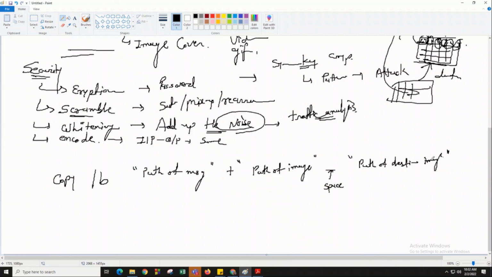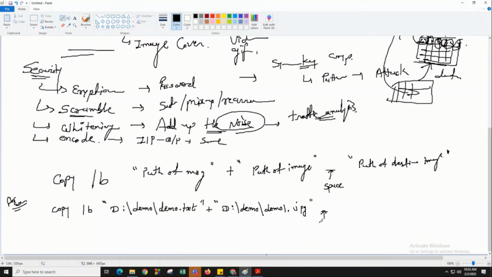So for example, the path is in D drive in demo folder demo.txt file plus in D drive in demo folder demo1.jpg file.